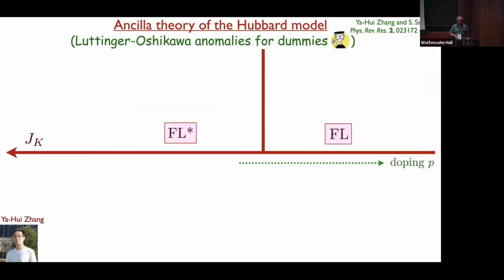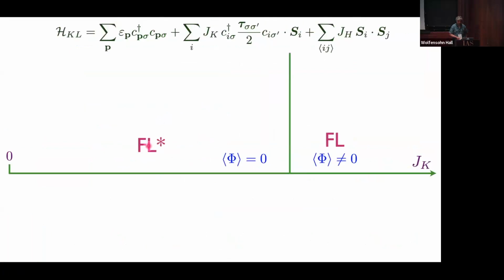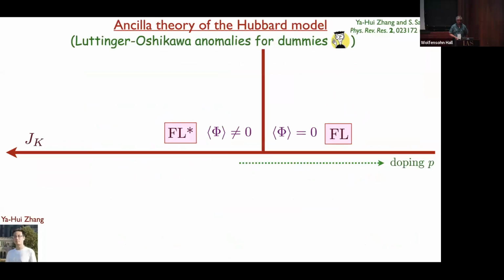So I can draw this phase diagram now. I'm going to argue that when JK becomes larger, you will get this new phase of matter with the violation of the Luttinger theorem. I should emphasize, notice the change in orientation. For this Kondo lattice, large JK gave you the Fermi liquid. But now for this model, because it's a single band model, large JK gives you the more exotic phase.